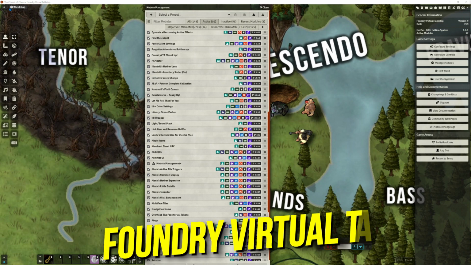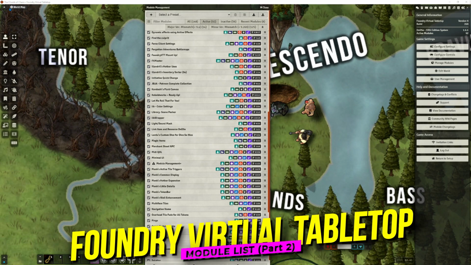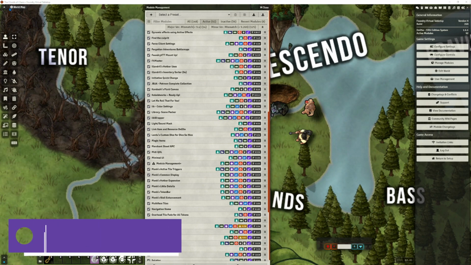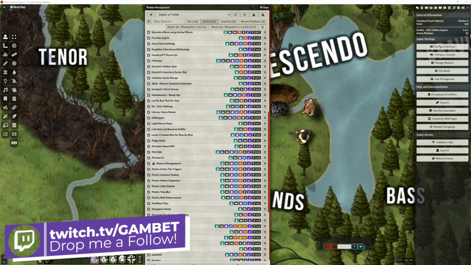This video compiles the list of the over 90 Foundry Virtual Tabletop modules I use in my Dungeons & Dragons campaign. This is the second video in this series, as I'd prefer not to make these videos an hour or more long, and there's just a lot of modules to get through. This is just an overview, not a deep dive,